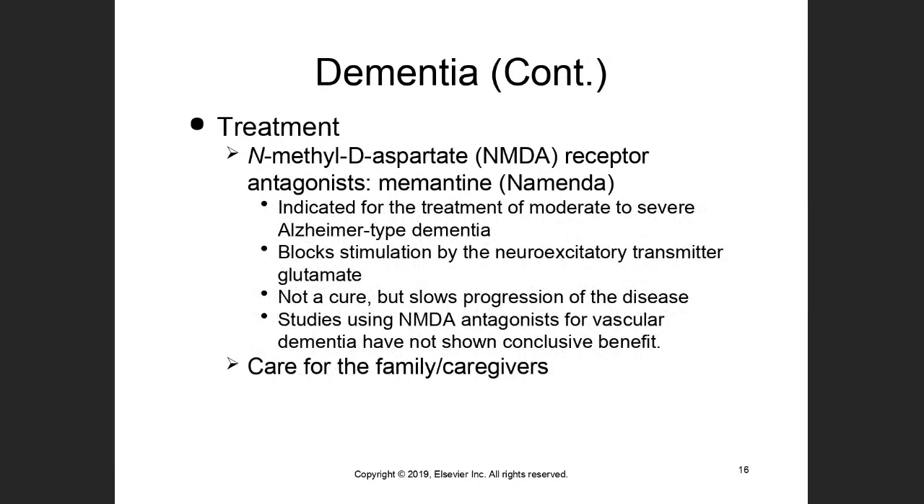The N-methyl-D-aspartate receptor antagonist memantine, indicated for the treatment of moderate to severe Alzheimer's dementia, blocks stimulation by the neuroexcitatory transmitter glutamate, and care for the family and caregivers. That's why we have to exercise your memory. Always have to use your memory, okay? Because if you don't use your memory, you don't use your brain, then you are more at risk to develop